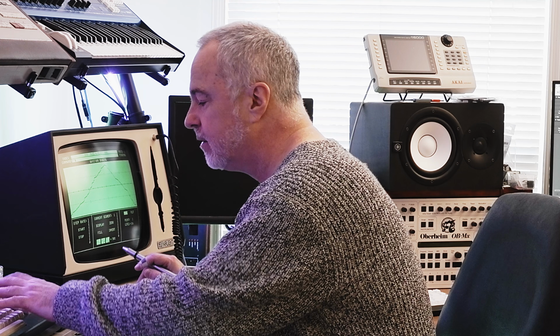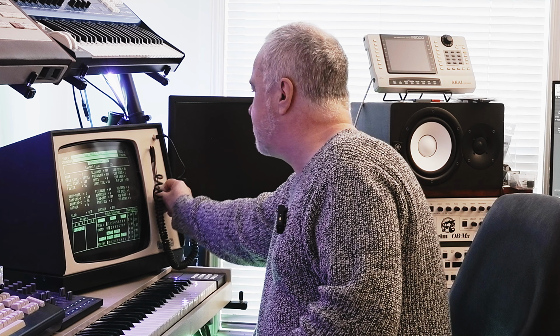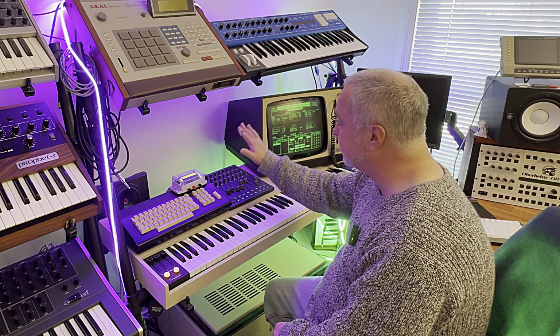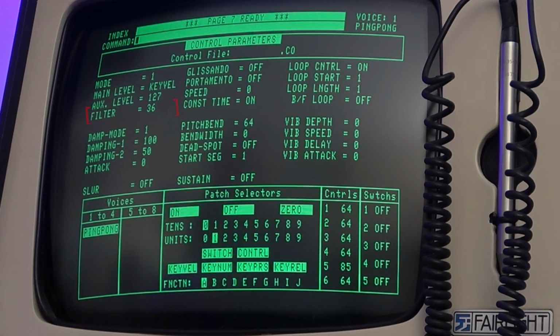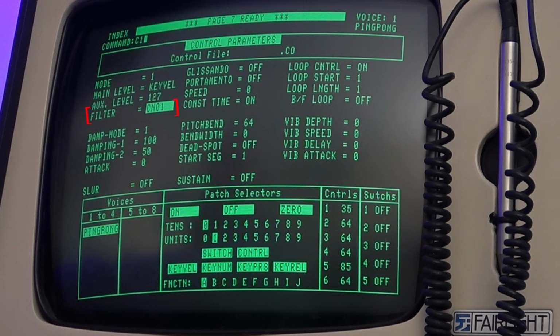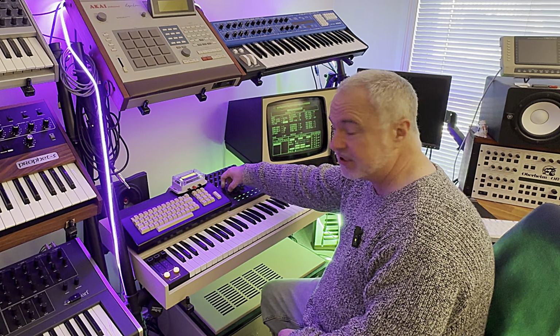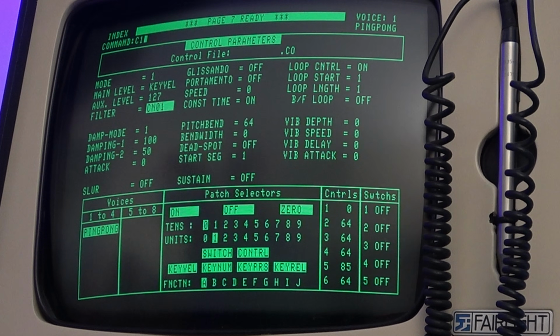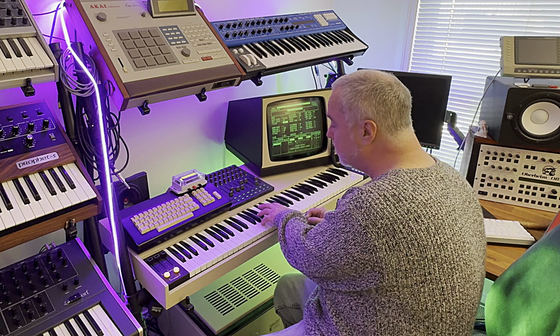Now, going back to page 7, and we're going to be jumping backwards and forwards between what we're doing and page 7 quite a bit. So what I'm going to do in page 7 is set this Launch Control here to control the filter for me. If I tab down to filter and say use controller 1, instantly it's mapped to controller 1, which is this slider. It's mapped the first slider straight to the filter. So if I play now,